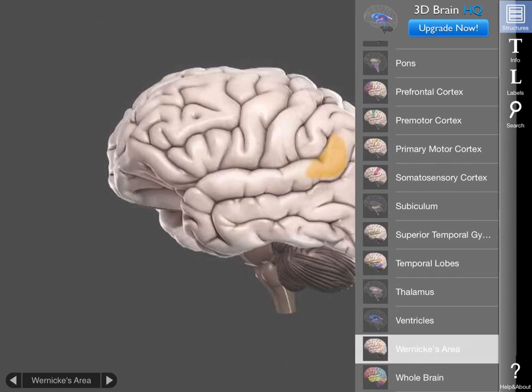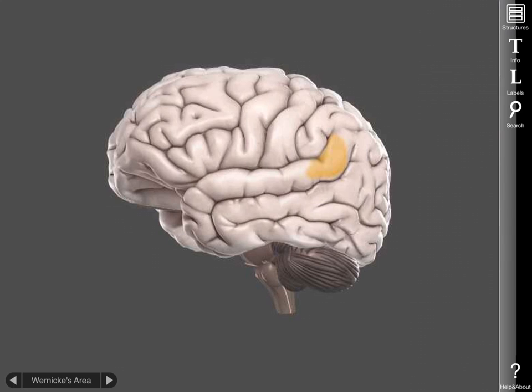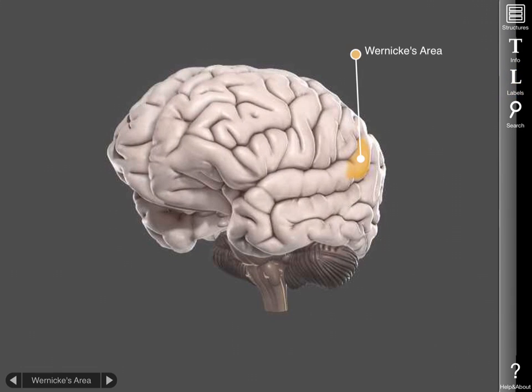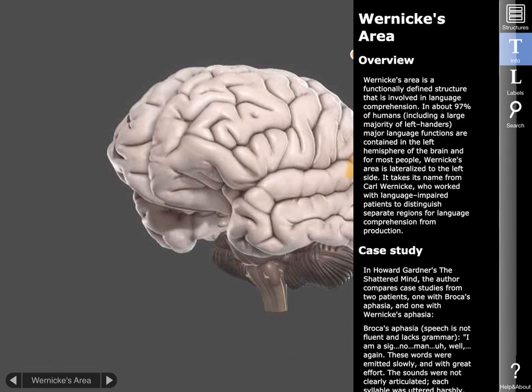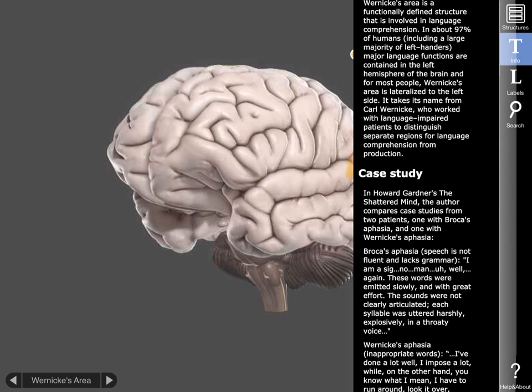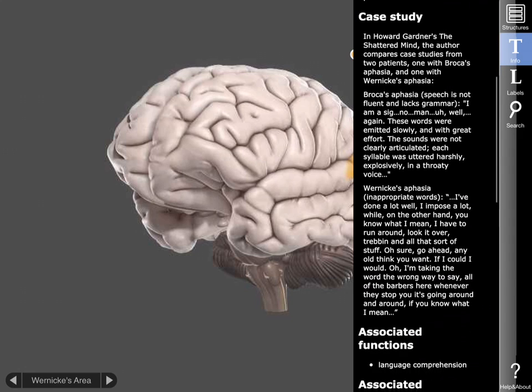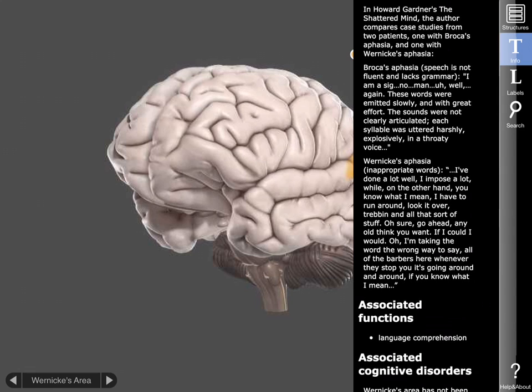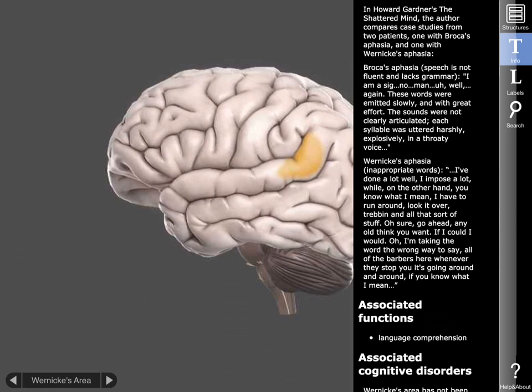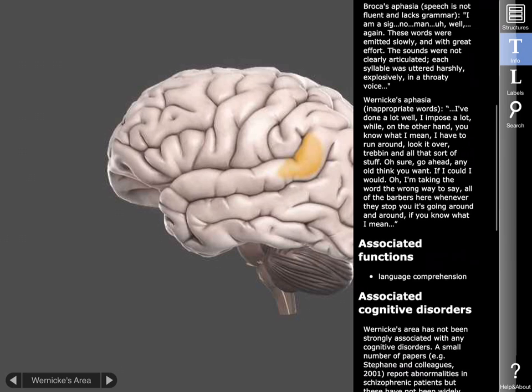So another thing you can look at has different areas which are associated with different damages, like Wernicke's area, which a lot of us may have heard about. And it talks about different aphasias as far as speech. And so you can look at those different things and go further into it if you want your class to do that. And this, in particular, the Wernicke's area, which we study a lot in undergrad, is associated with language